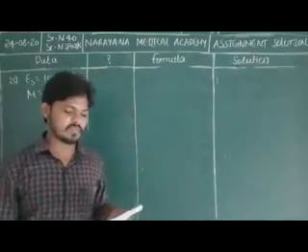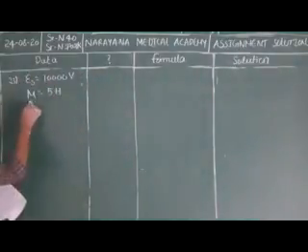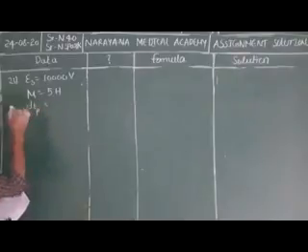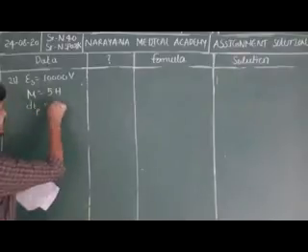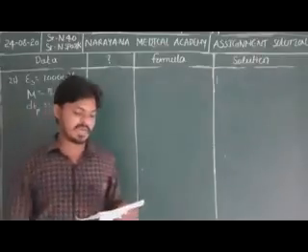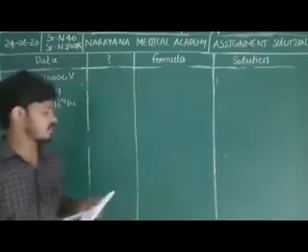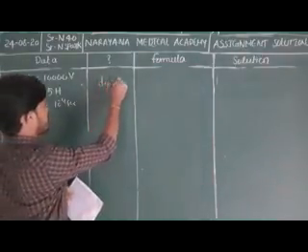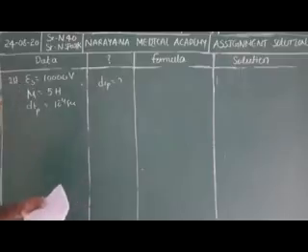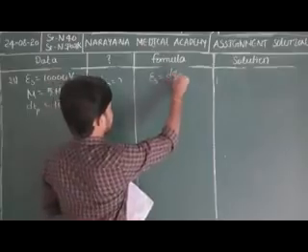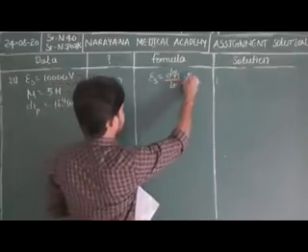Question 23. The EMF induced in a secondary coil is given as 10,000 volts. When the current breaks in the primary, the mutual inductance is 5 henry. Mutual inductance is given, M is equal to 5 henry. And the current reaches 0 in 10 to the power of minus 4 seconds in the primary.